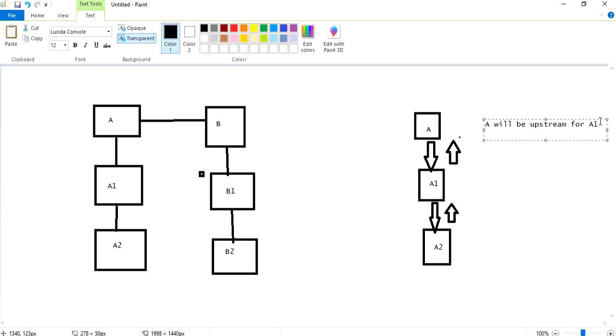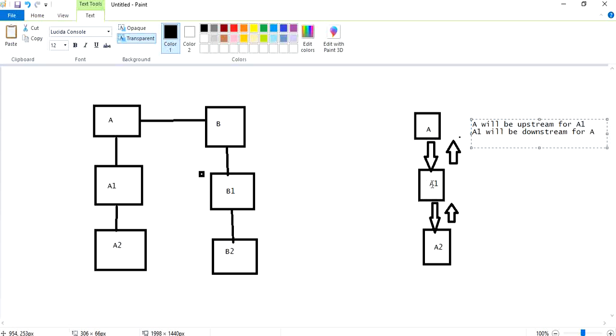Similarly, A1 will be downstream for A. I think you got it.